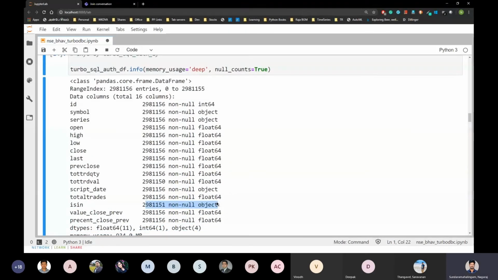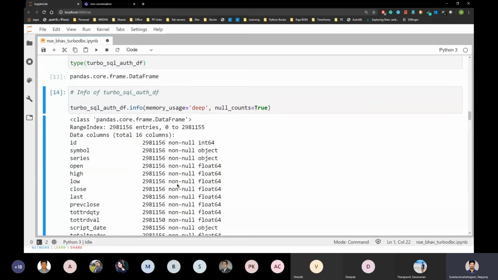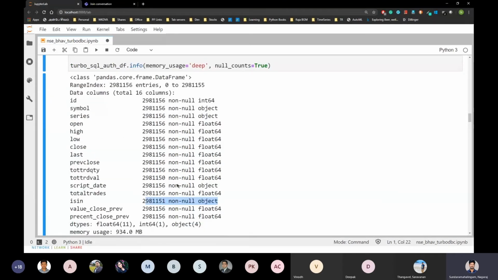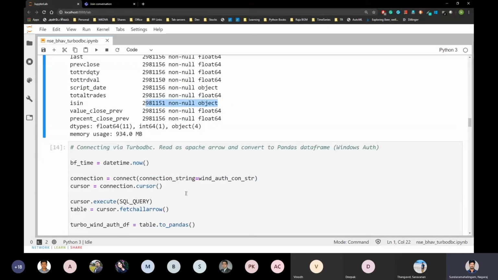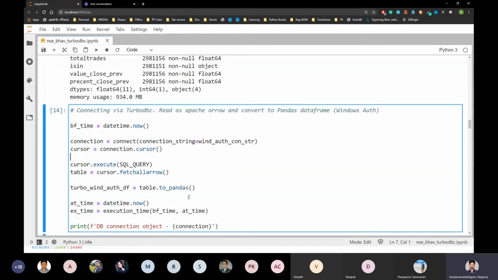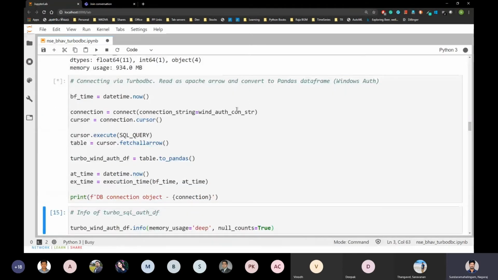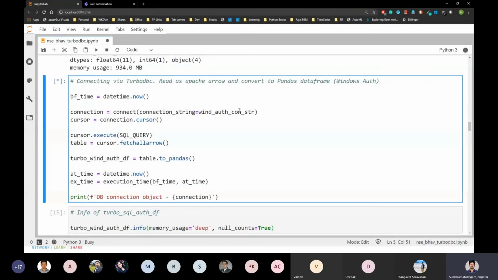While reading the CSV, it recognized null as an empty string, but this is reading a SQL table, so there are object columns with nulls, and it recognizes null as null. There is no problem here. It's the same method, but the thing is Windows authentication. There is not much difference in the code.